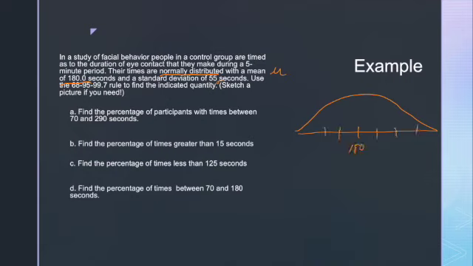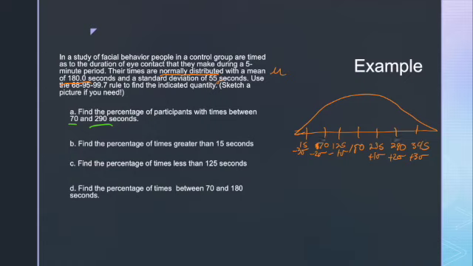I've got a mean of 180, up 3, down 3. I always recommend making a rough little sketch. It's super helpful to make sure you've identified where your standard deviations are. So if I go up 1, that puts me at 235, 290, 345, down 125, 70, and 15. So for problem number 1, I want to find the percentage of participants whose times are between 70